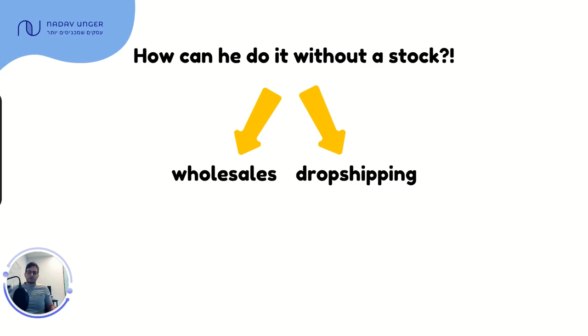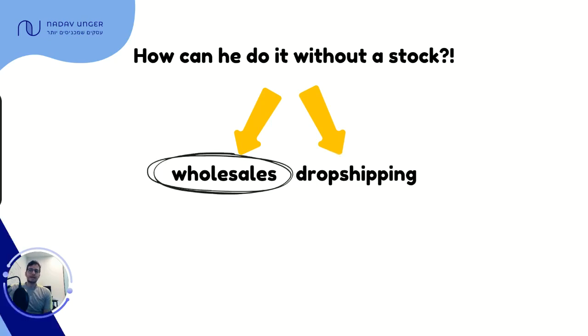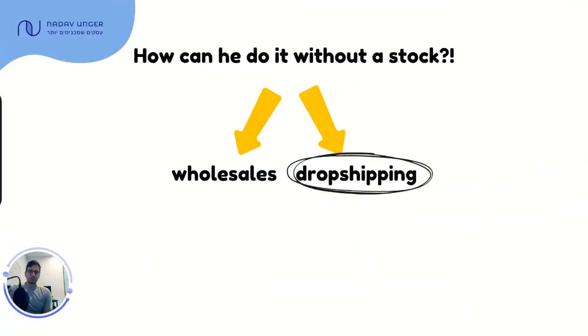So the best way to start e-commerce is dropshipping. There are pros and cons to each. If you use wholesale in the same city as the client, he will get the shipping tomorrow. If you don't, he will get the shipping next week maybe. But you don't have any risk. You pay only what you sell. So you need to choose. Do you want to start with dropshipping or wholesale? I prefer to start with dropshipping, but the two options are good.